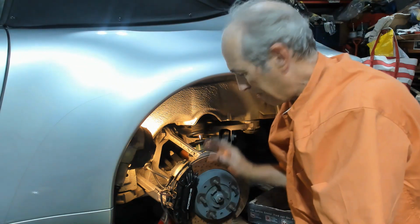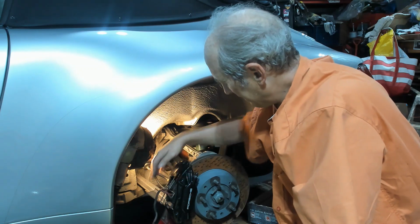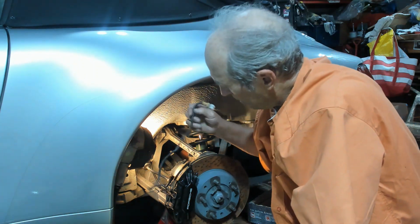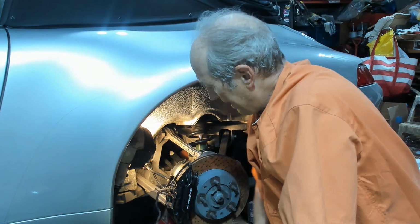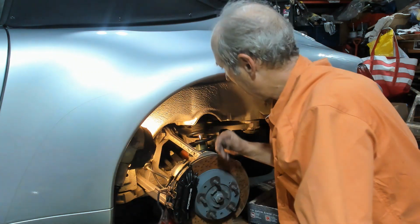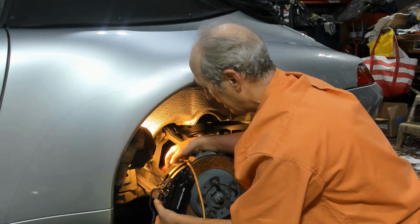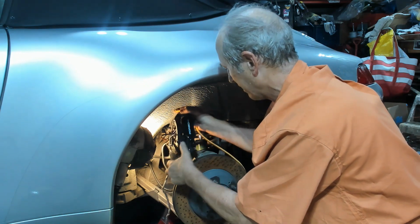Okay, moving to the back of the 993, I've got the caliper bolts loose. I've got the brake pad wear sensor removed, and I've loosened the spring, so I've squeezed that so it came out, and now I'm just getting the last caliper bolt out. So it's a flexible line, so I can just pull it out and then suspend or hang the